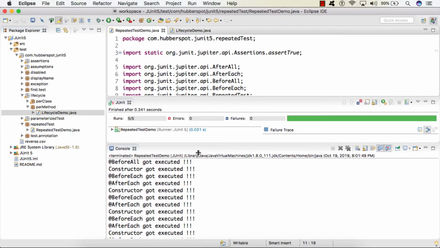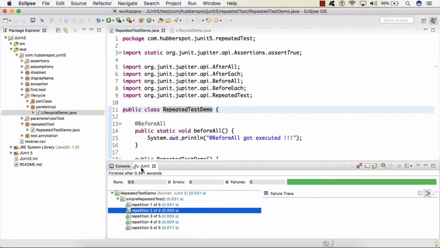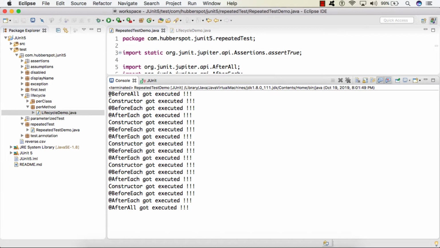here you can see that it has executed this 5 times, what we discussed earlier. But on the console you can see that it also executed all the lifecycle methods. So it ran @BeforeAll, then it ran the constructor.